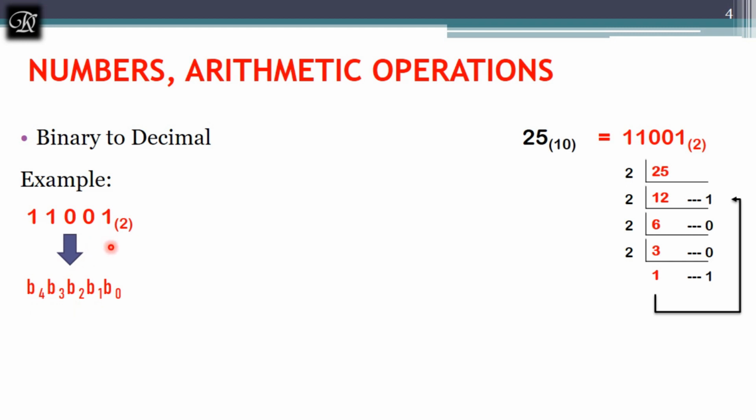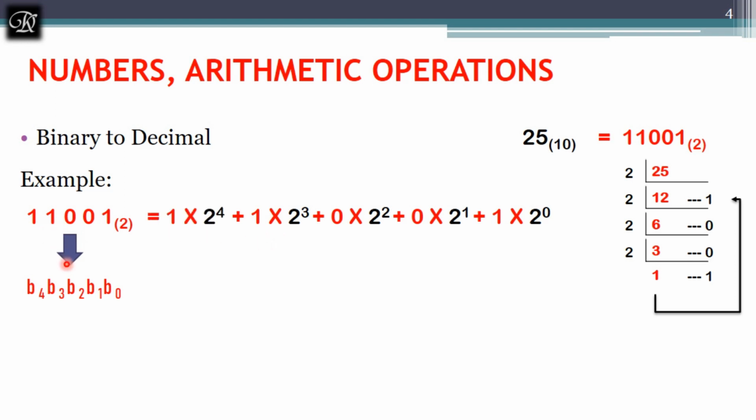So take up the individual bits B0, B1, B2, B3, B4, and you have to write the powers of 2, because I am converting from binary to decimal. Now you have to multiply each bit with the power of 2. Whatever the bit number is, that will be the power of 2, and it is multiplied with the bit value, that is 1. Next I am having 0 with 2 to the power of 1, and again 0 with 2 to the power of 2, again 1 with 2 to the power of 3, and 1 with 2 to the power of 4.